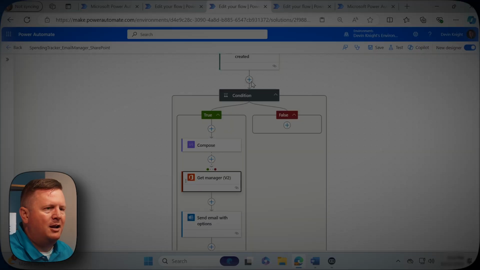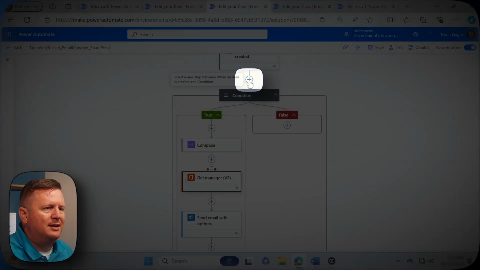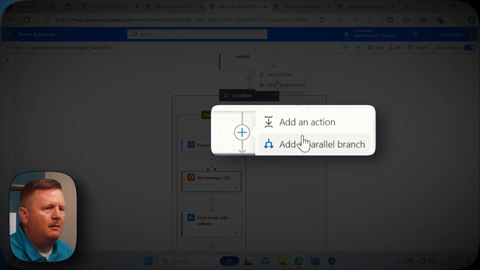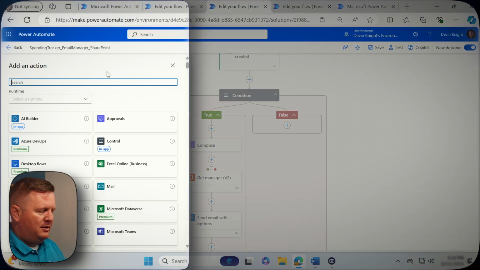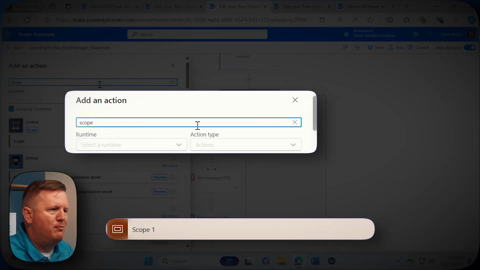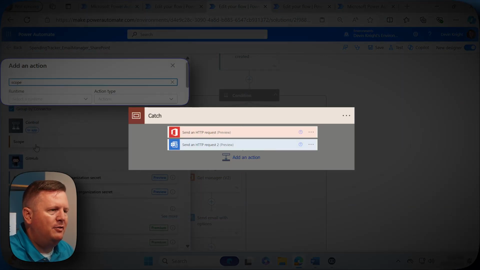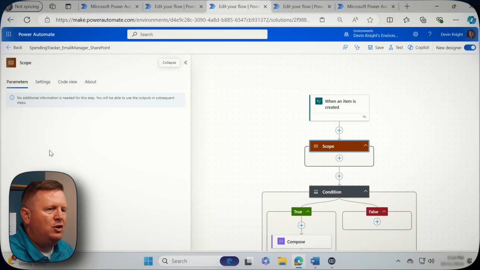If you've used scope before, great. If you haven't, let's take a peek at it very briefly. Back inside of our flow design here, I'm gonna add a scope by selecting the add step here, and we'll add an action, and I'm gonna type in scope. Now, scope is great for multiple reasons. It's basically a container that can hold other actions inside of it,